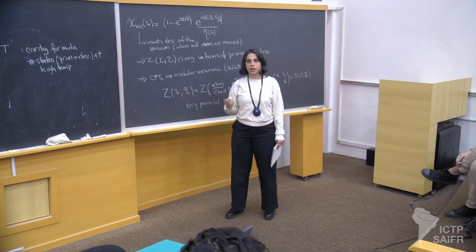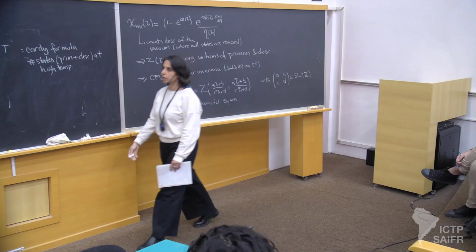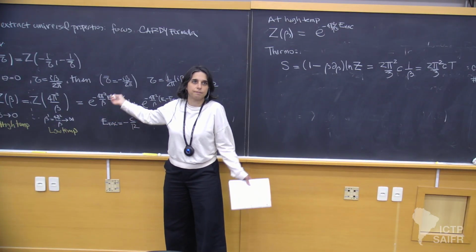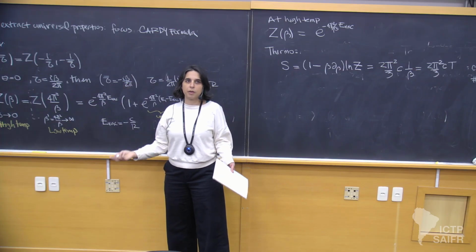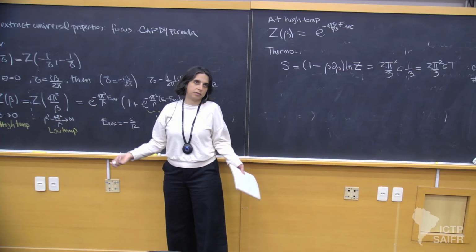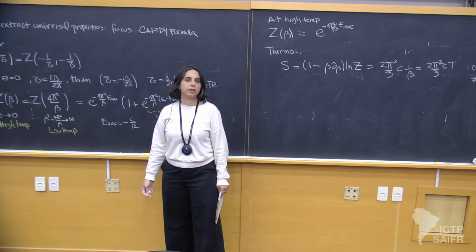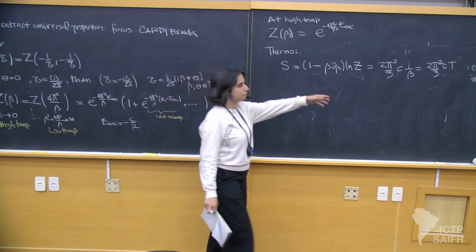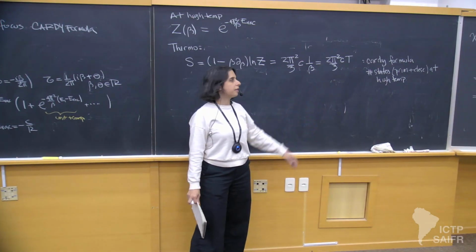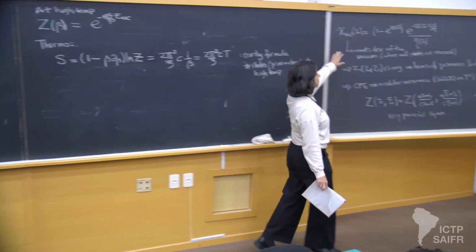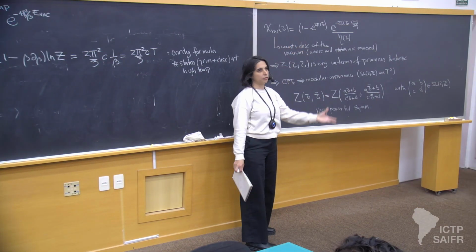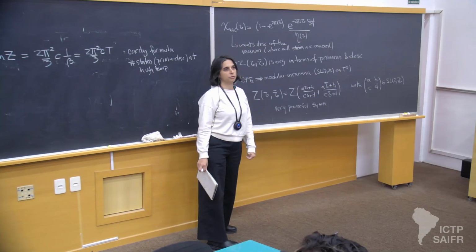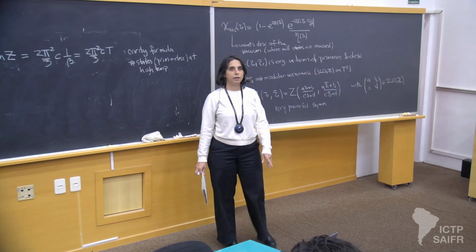But the only thing that I'm doing here, if you want, is just projecting to the lowest energy state. That's all I did. And theories with C less than 1 also have a lowest energy state, so there's nothing funny from that point of view. I didn't have to use the explicit expression for the descendants. This is just to illustrate that the descendants are controlled by symmetries, and the input of the theory, the thing that you don't know about the CFT a priori, is what the spectrum of primaries is.